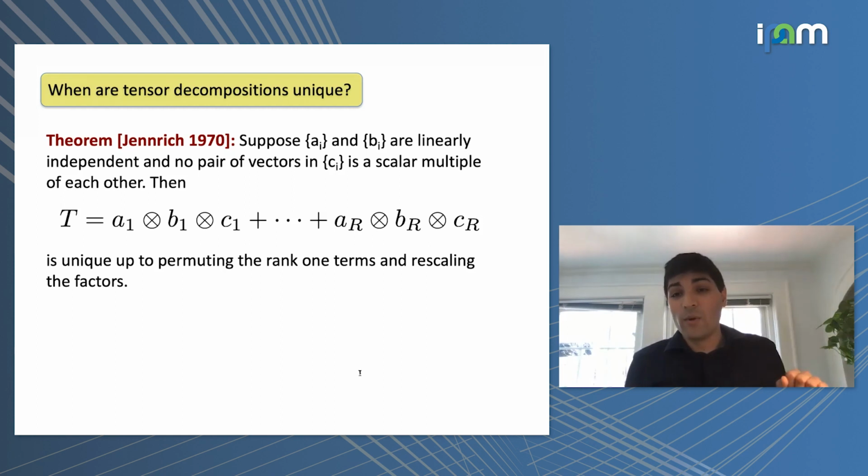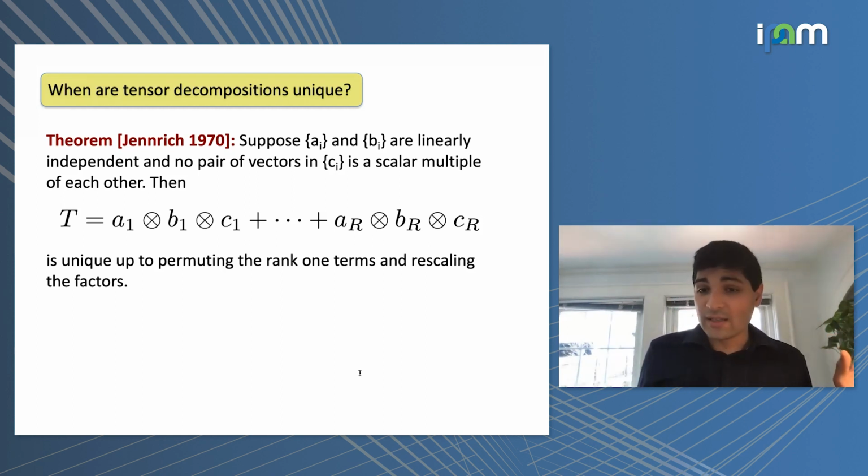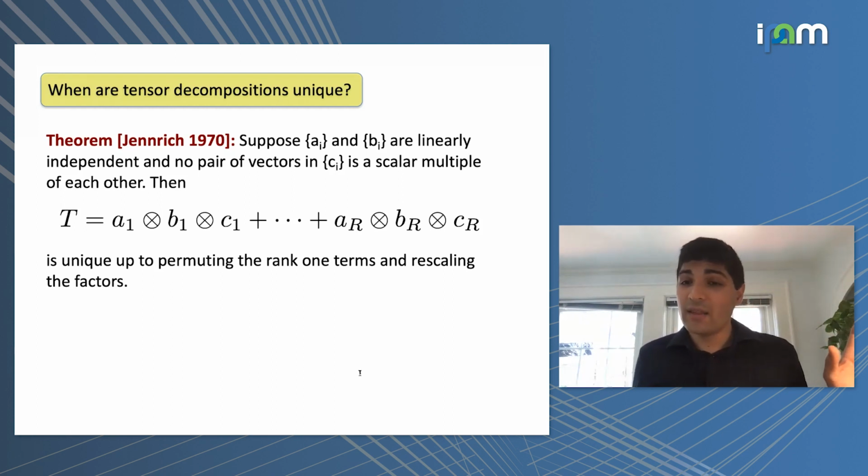See, we have the left-hand side, the tensor T, and we want to figure out the right-hand side and understand whether the right-hand side, that decomposition, is unique. Now, there are some trivial ways that you can change the right-hand side without really changing anything, which is, for example, I could permute the rank 1 tensors that show up on the right-hand side. So I could swap the a_1 tensor b_1 tensor c_1 term with the a_2 tensor b_2 tensor c_2 term.